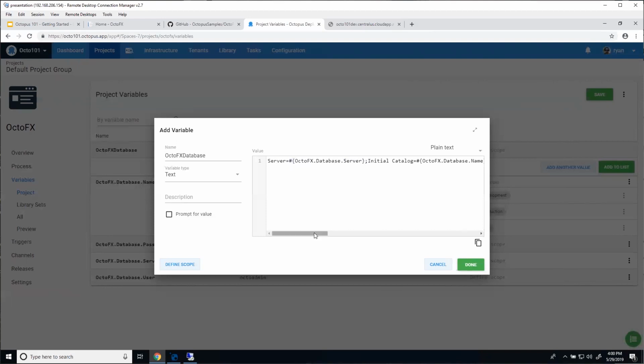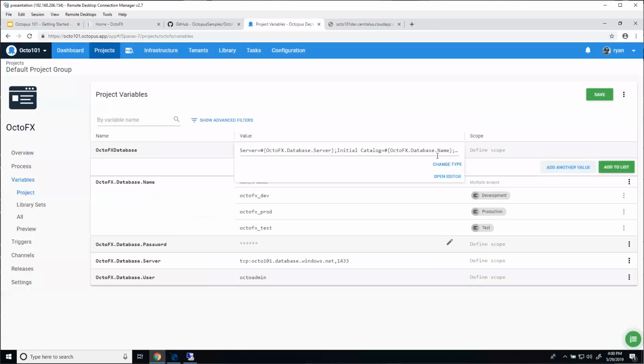And that's nice because if we scroll down the line, you see database.name is in there. That means when we're deploying to development, it's going to use the dev name. When we're deploying to production, it's going to use the production name, but I only have to have one connection string. If we go further down, you'll see the user is injected and also the password. So that's really nice